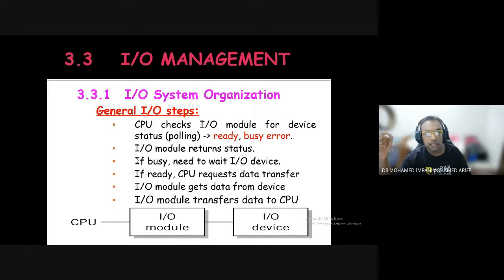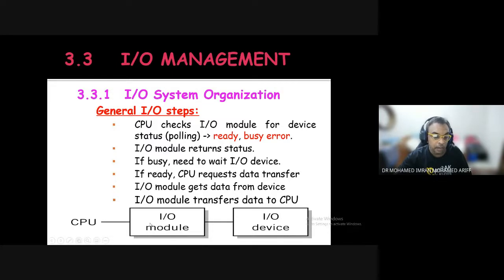The CPU first checks the input-output module: ready, busy, or error, because it needs to make sure that the printer is working fine. If the printer is not working fine, there needs to be a response from the printer. Before it starts printing, it first checks with the output module. Is the printer okay? The printer is ready, then you can print. But how do you print? That's why you see point number 4 here.